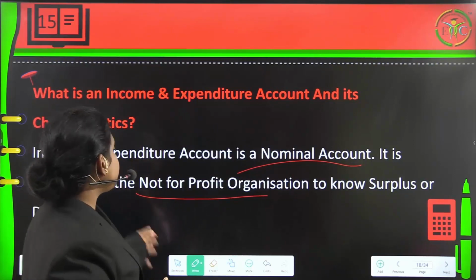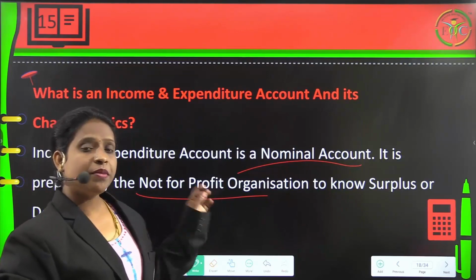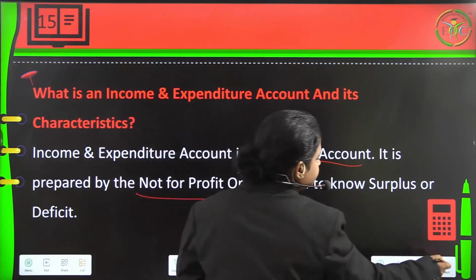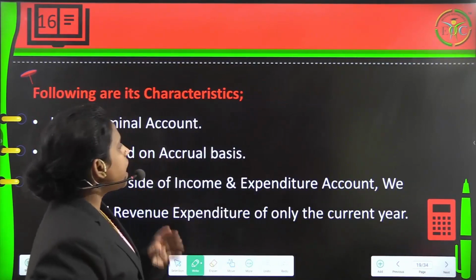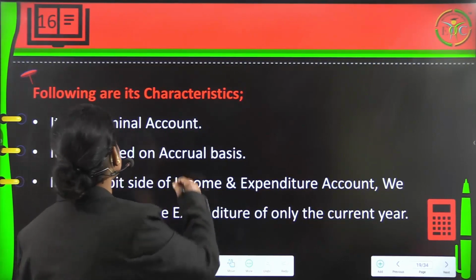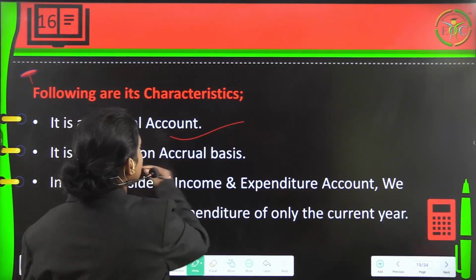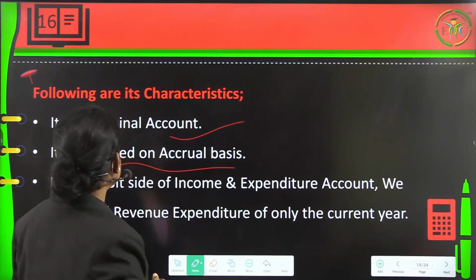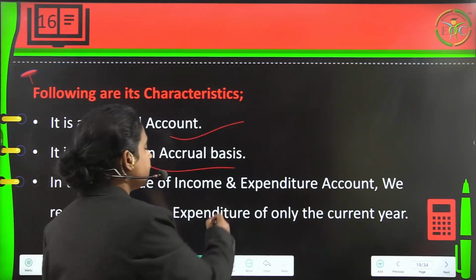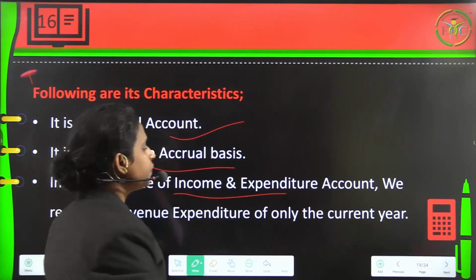Right. So this is prepared by the not-for-profit organization. Why do they prepare it? In order to know the surplus or deficit. Fine. Then following are its characteristics. So under this, it is a nominal account. So we can understand this as a nominal account. Then it is prepared on accrual basis. So this is also prepared on what? Accrual basis. Then in the debit side of the income and expenditure account, we record all the revenue expenditure of only